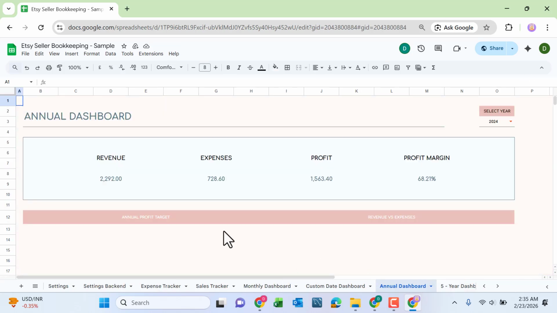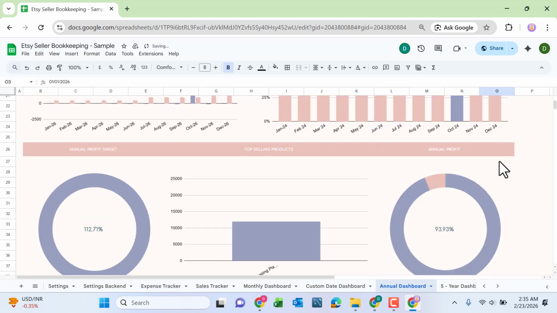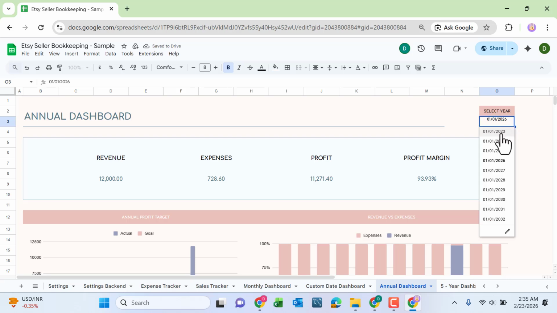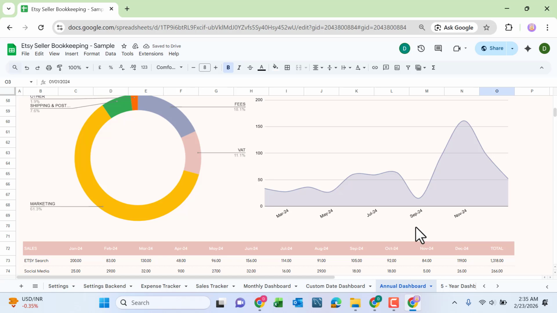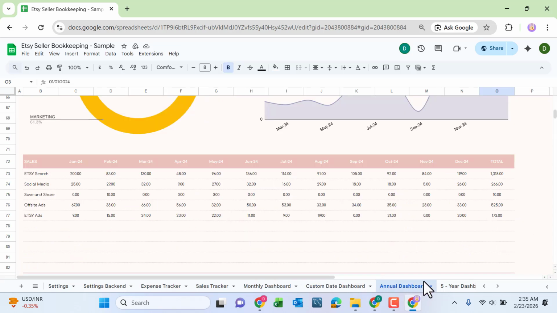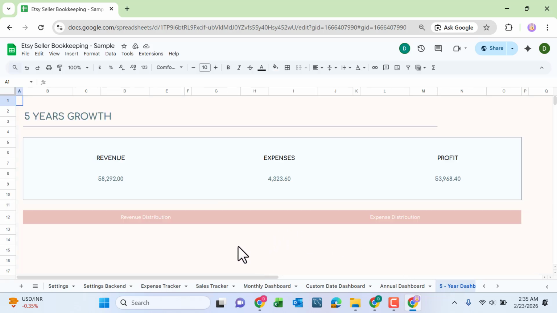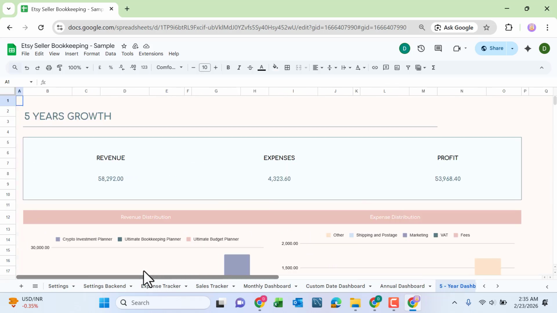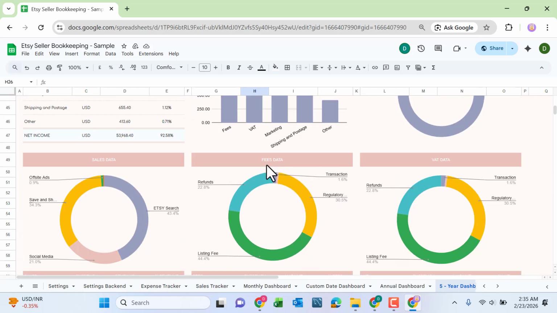And then the annual dashboard. So this is for the yearly dashboard. All this data in the yearly categories, and this is the 5-year dashboard from 2024 to 2028